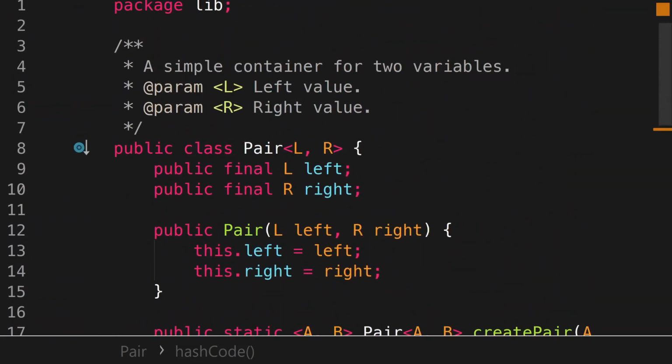What that means is the hash of my pair is going to be determined by the hash of the left and the right fields inside the pair. And this is where this final keyword really comes in handy. Remember how we had this discussion on how our pair is going to be constant once it's defined, how the left and right fields are going to be defined once and never again? Well, by declaring these left and right fields final,